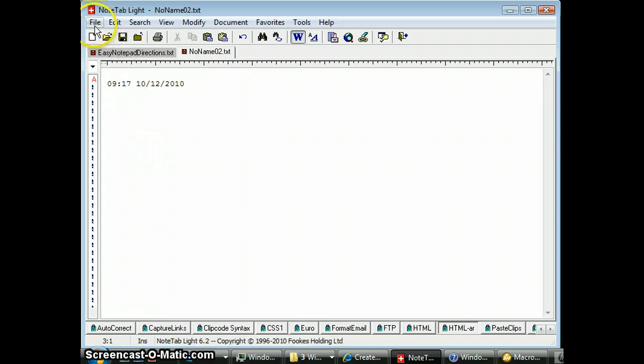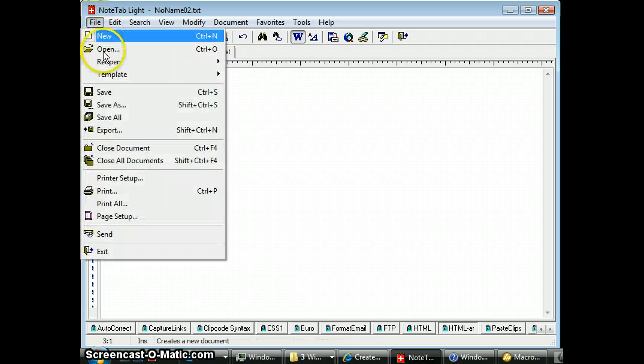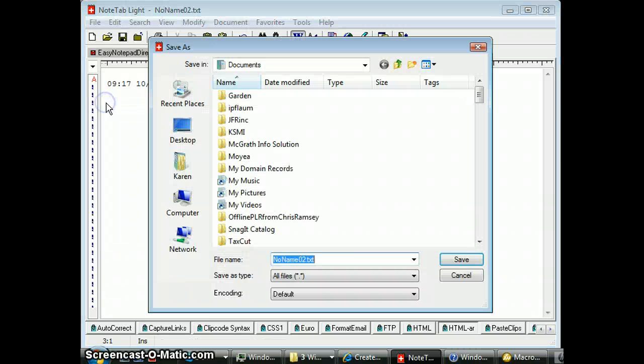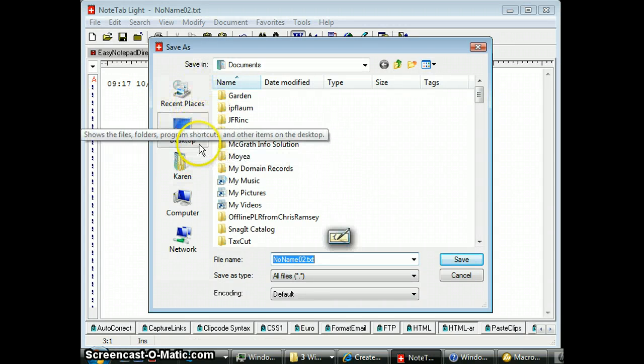Okay, so once we have our new file, what we need to do is save it where we can find it and where we know it will be stored, so you can always go there and look at it from its location in the folder. You can put it in a place where you back up your data, so that's always backed up. So what we're going to do is click File and then Save As,